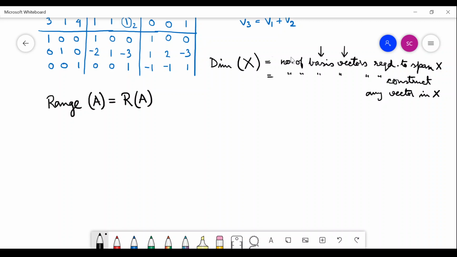For the spaces that we have encountered so far, like the Cartesian coordinate space, the Euclidean space, if we have a two-dimensional space, then the number of basis vectors is 2. If we have a three-dimensional space, R3, the number of basis vectors is 3. So the number of basis vectors is already in the name of that space. The third order, three-dimensional space, four-dimensional space. So we already talk like that.